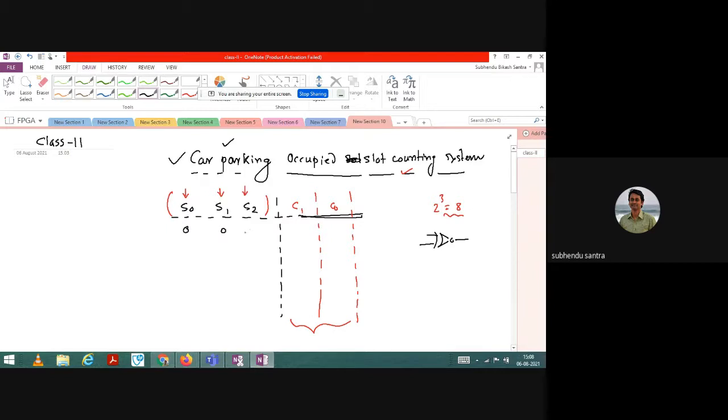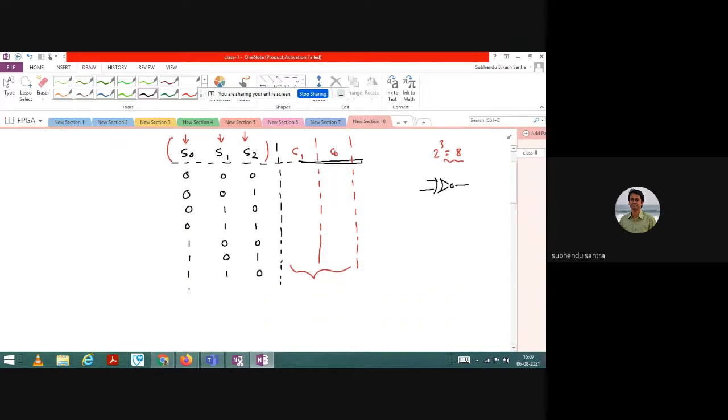So 0 0 0, 0 0 1, 0 1 0, 0 1 1, 1 0 0, 1 0 1, 1 1 0, and finally 1 1 1. Just erasing it.